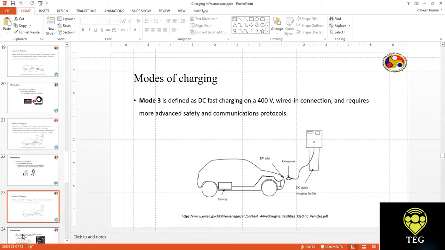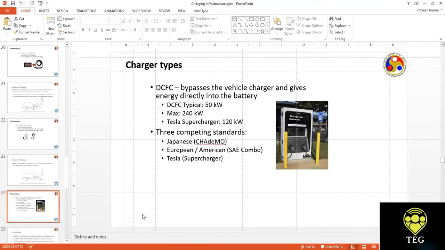And if we look here, these are some very high end or top of the line mode 3 chargers. Okay, so the figure that you see is actually a 50 kilowatt rated power. Maximum it can go up to 240 kilowatt. Okay, so it really is a very fast charger, and there are two outlets, so two vehicles can be simultaneously charged.